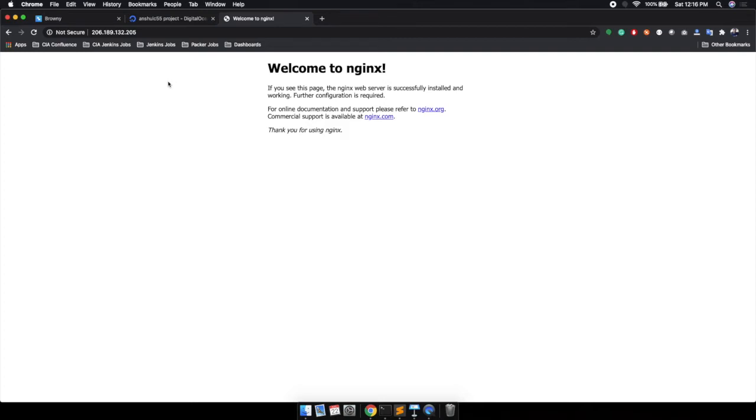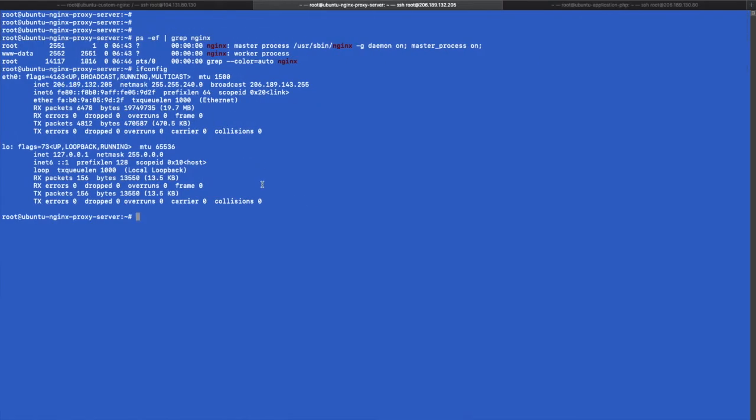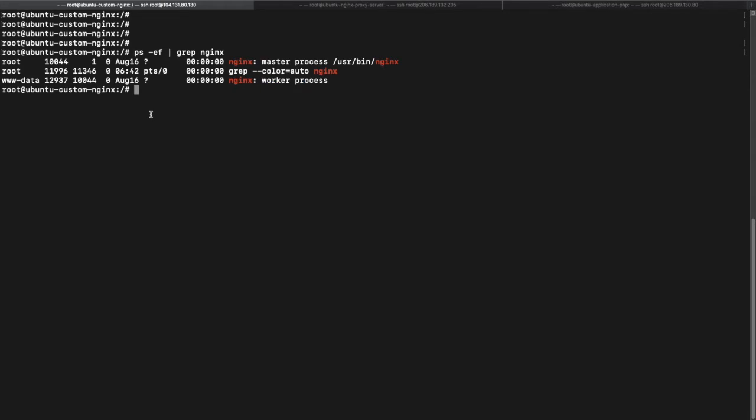Right now, we want to set up the reverse proxy. So we will set up this machine, which we just launched, as a reverse proxy. And as a reverse proxy, this machine will forward all the root requests to this particular machine, which has nginx running and is basically serving the Brownie.